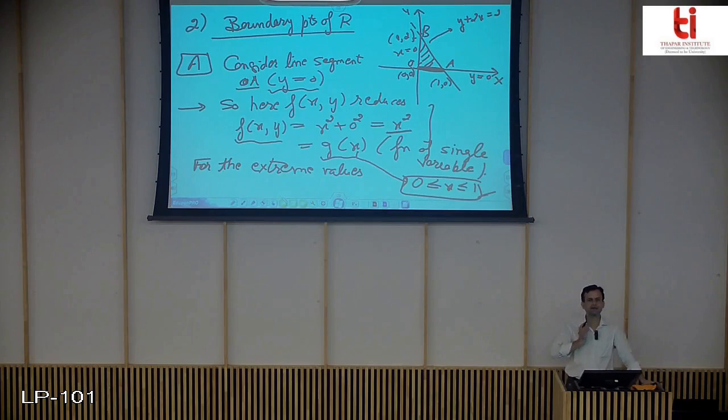While finding the extreme values at the boundary, you consider one of the line segments. You take the equation of that line segment and put it into the surface or the function given. The surface reduces to a single variable function. Why? Because about that line y equals 0, the surface will appear like a curve, and that curve here is your g(x) equals x square. Now we have to find the maximum and minimum on that curve g(x).